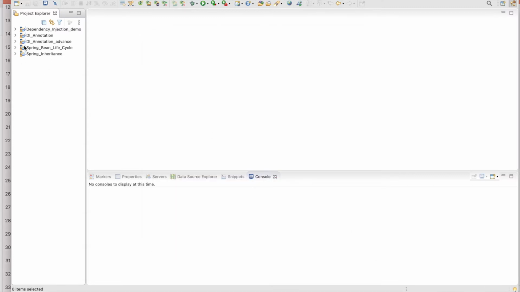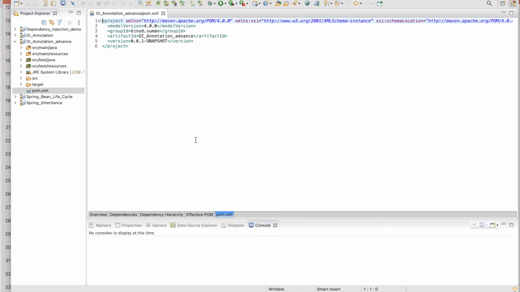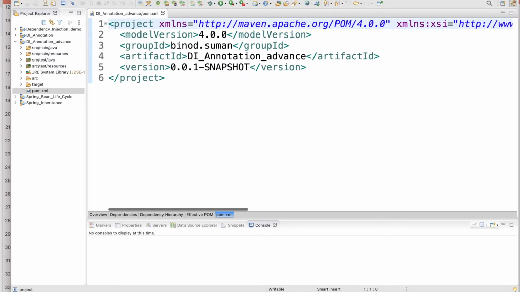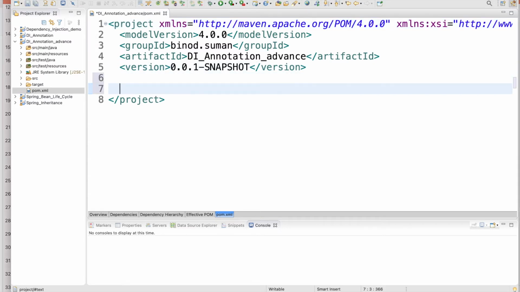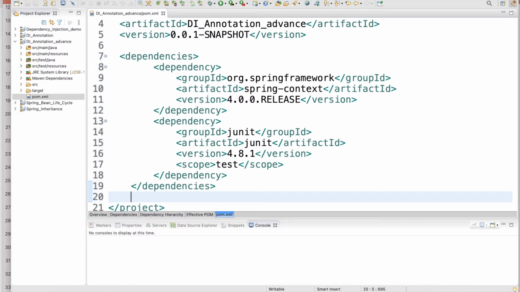Now we have created the project, and as we know, we have to add the dependency for the Spring Framework. So go and add this dependency to make your project compatible for Spring purposes, right? The 4.0.0 model version is optional, but the Spring Framework dependency is required, right? Now save it.